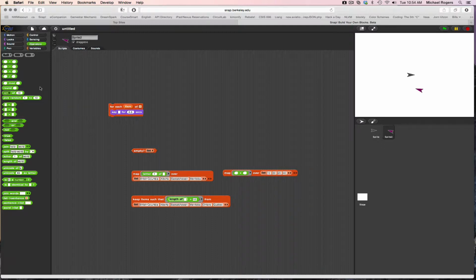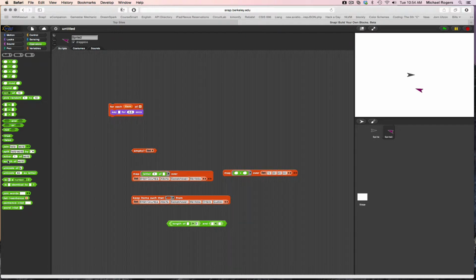Some of these operators are actually pretty sophisticated. For example, you'll notice there's a hexagonal block here that's got the word and. And like the name suggests, this is going to be true if the thing on the left is true and the thing on the right is true. So suppose I wanted to find provinces that had a length between, let's say, 5 and 8. Well, what I could do is look for those that have a length greater than 5, and I'm going to go ahead and choose my less than,